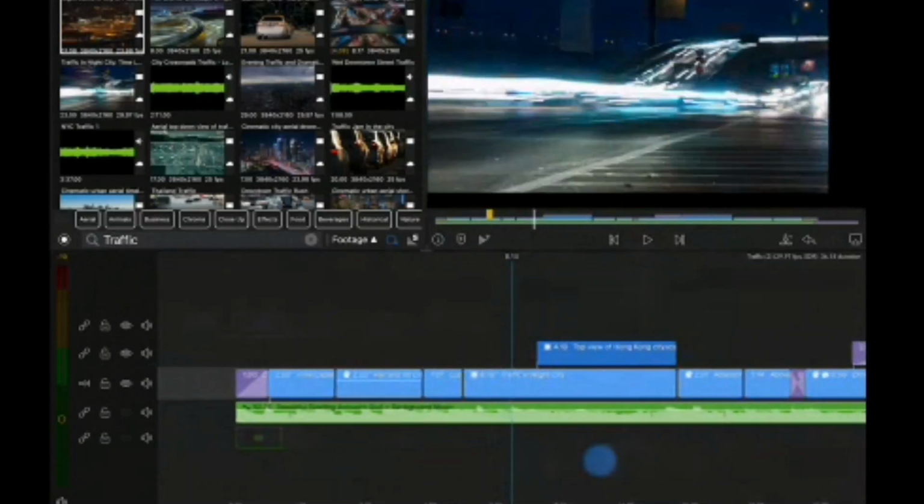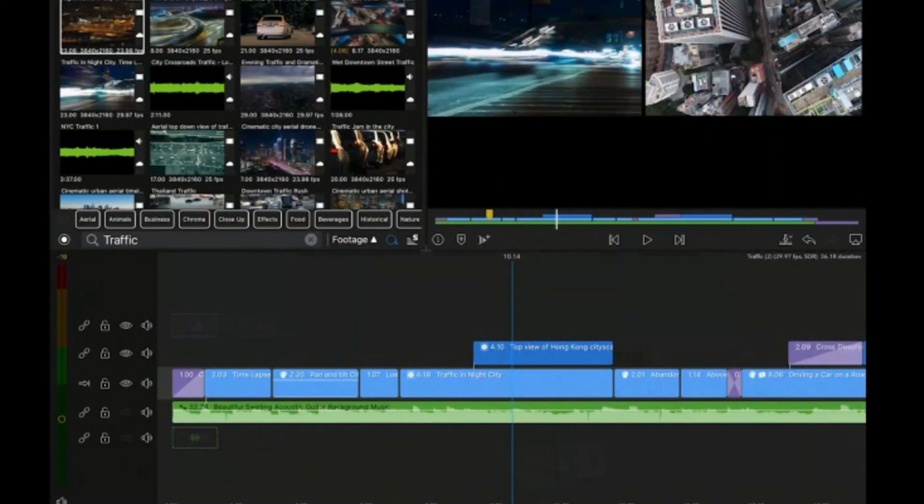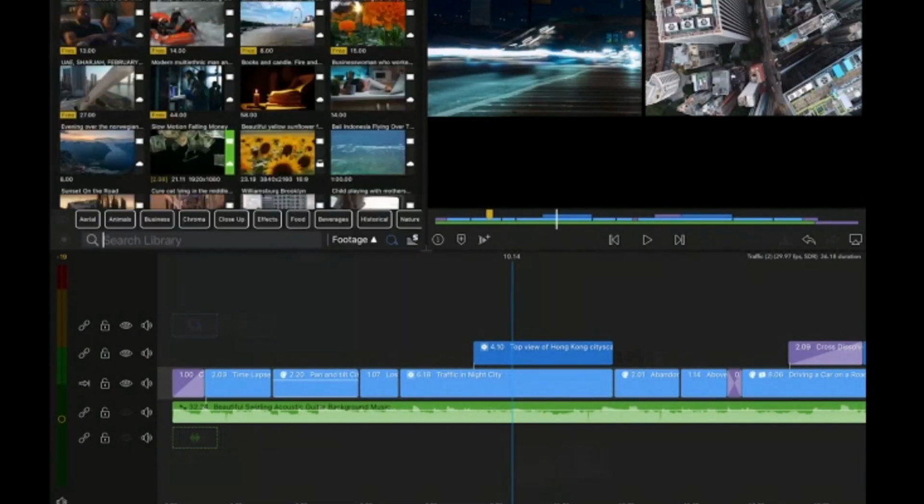This clip is moving up, and I'm going to add a third clip down at the bottom there. So right over here in the library, you see I have Storyblocks,